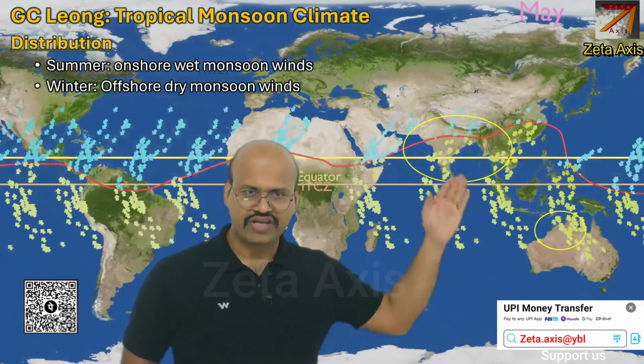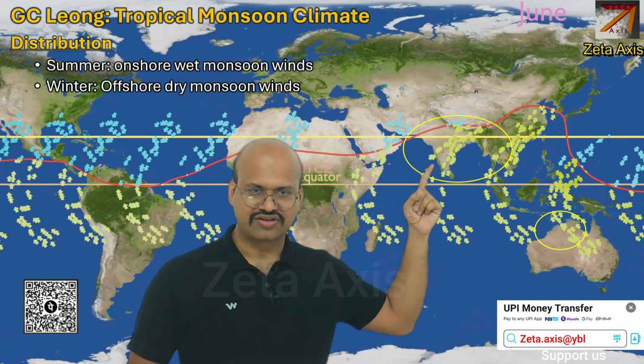So here the direction reverses, it is from the southeast. Now as the summer approaches, we can see the direction of the winds has changed. Now the wind is flowing from the Indian Ocean towards the Himalayas, that is from the southwestern direction. So this change of winds brings rainfall in this region. This change of wind direction is called monsoon, which is derived from the Arabic word Mausim. So basically it is this wind which has changed direction that brings rainfall in this region as well as in